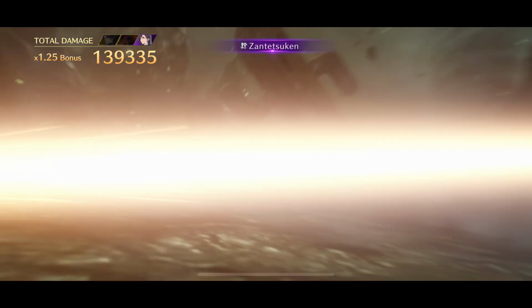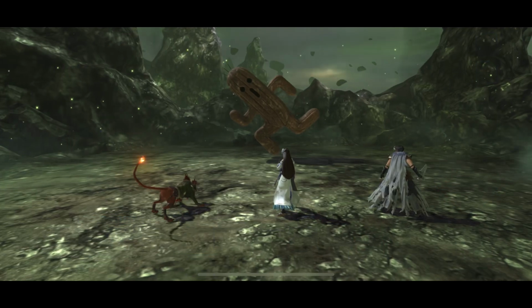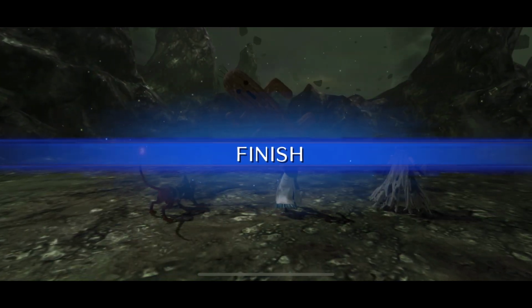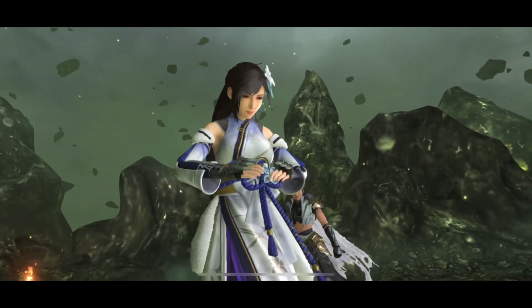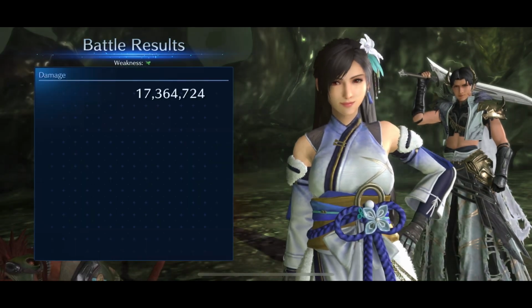Alright, and for the Odin damage, 6.42 million. Not bad. Alright, and so that will conclude the New Year's Tifa with Motor Drive combination portion of the damage test, ending out with